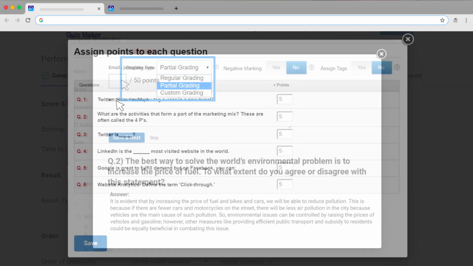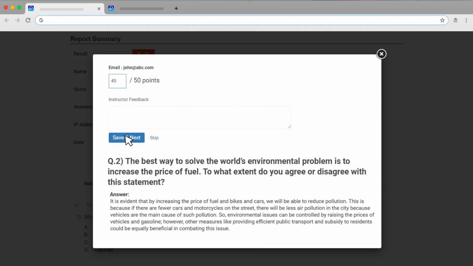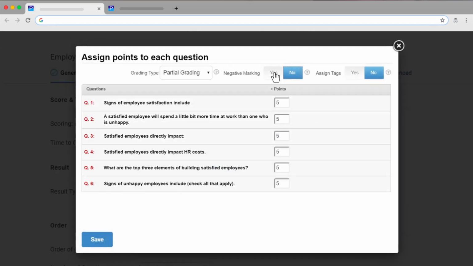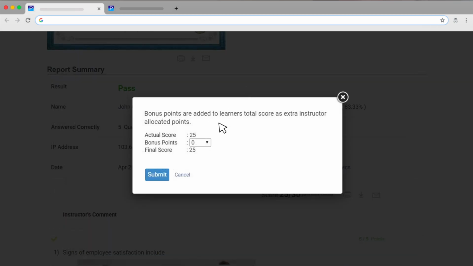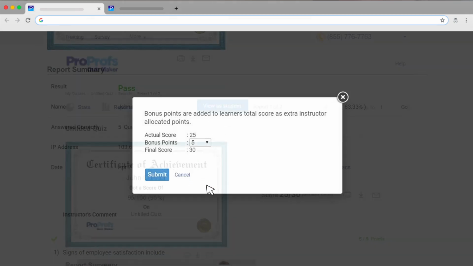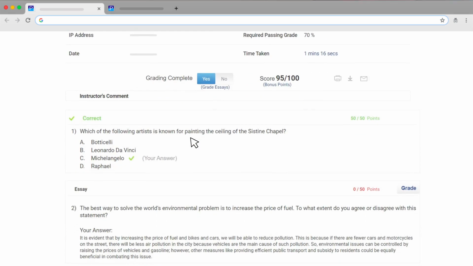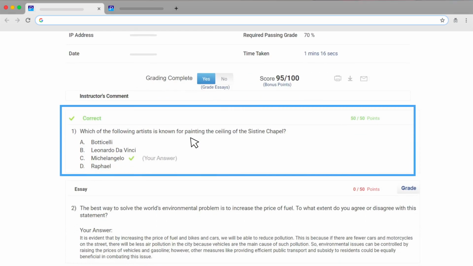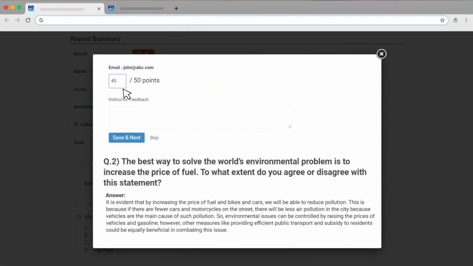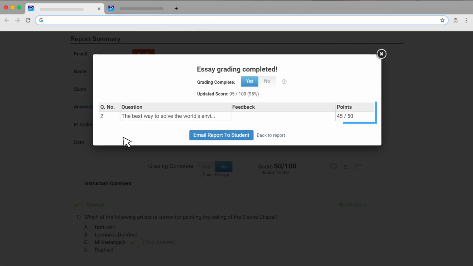In addition to these, you can also make use of the other scoring methods like manual, negative marking, and bonus points. While most quiz question types are automatically graded by our quiz software, such as multiple choice questions, instructors can also manually grade essay questions and other open response questions.